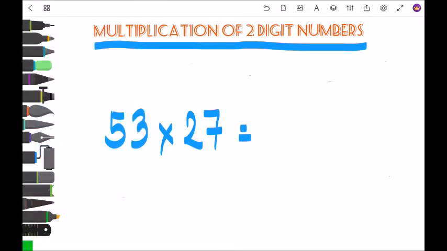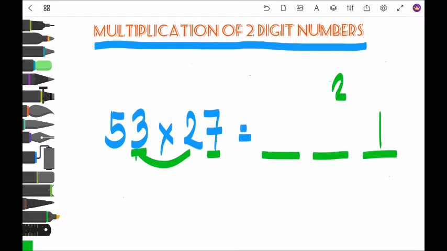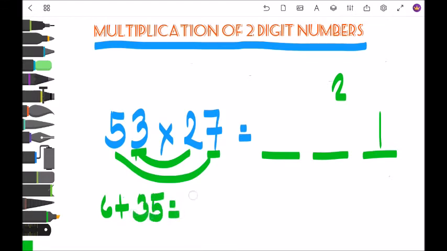So first, we multiply the last two digits. So 3 times 7 is 21. So 1 carry 2. Next, multiply 3 times 2, 6, plus 5 times 7, 35, is equals to 41. 41 plus 2, 43. So 3